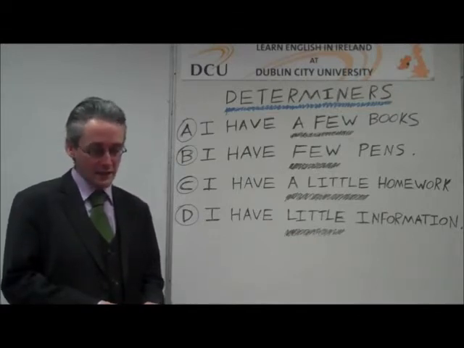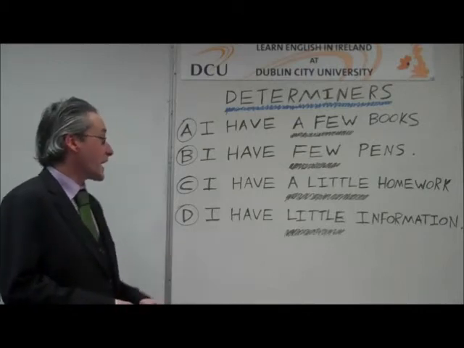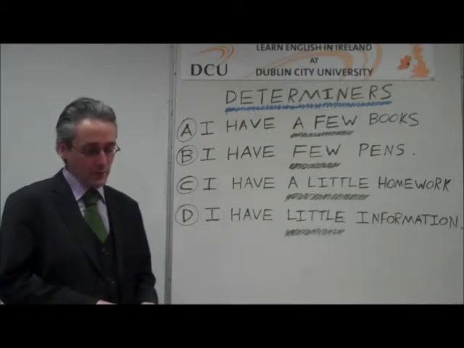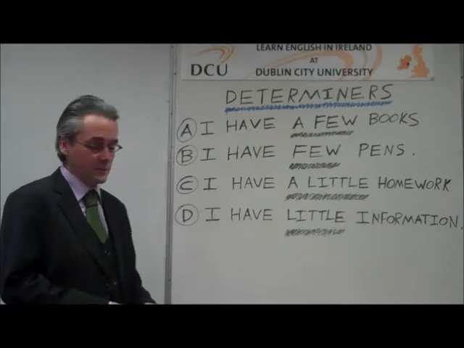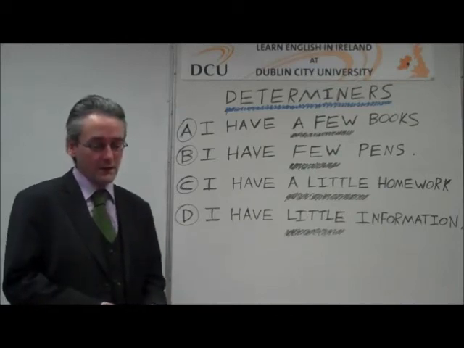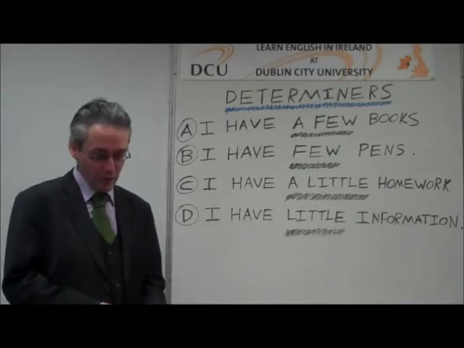Little and a little refer to uncountable nouns. Little is negative, meaning not enough of something, and a little is positive, meaning enough of something. For example, I have a little homework, but I have little information about it. The meaning is, I have enough homework, but